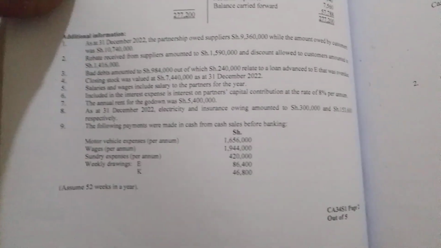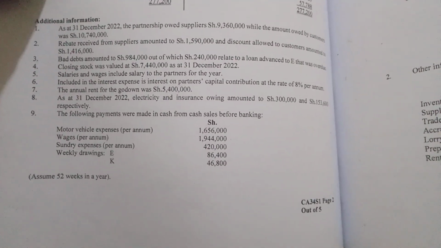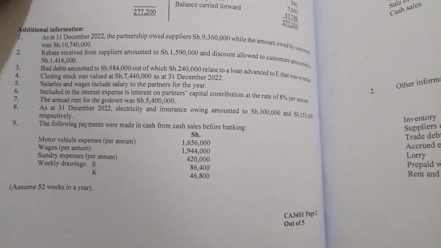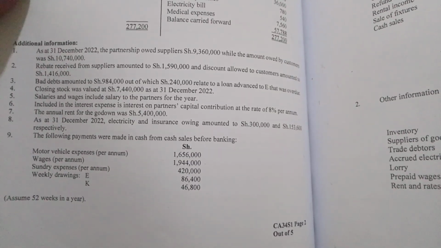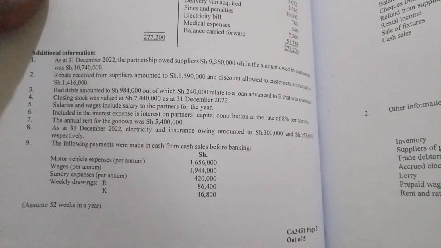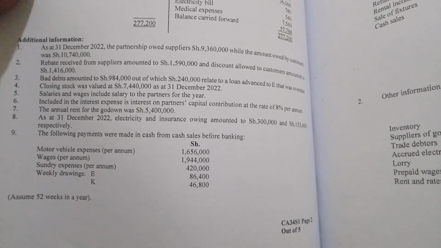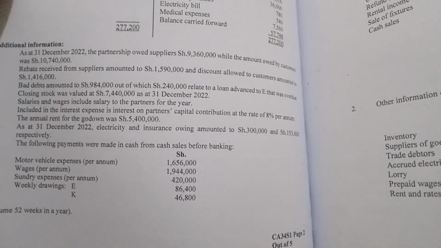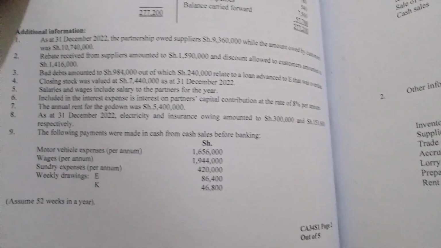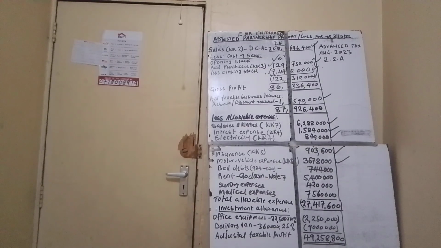Then we went to number 9. You can see motor vehicle expenses per annum, that is per year, 1,656,000. That figure had been deducted to pay for motor vehicle expenses before banking. So the motor vehicle expenses, you combine the two to have the total. So that is how we got 3,